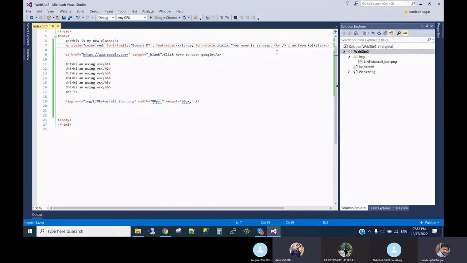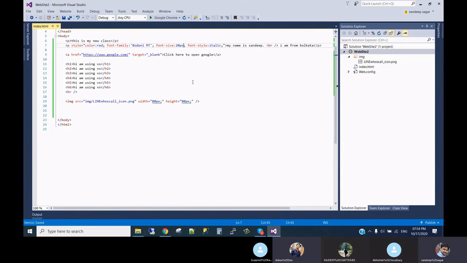One question for font size. You just explicitly write XX large, so it will take large. Sometimes I used to see developers using not pixel, but like 0.2 REM. What is REM?